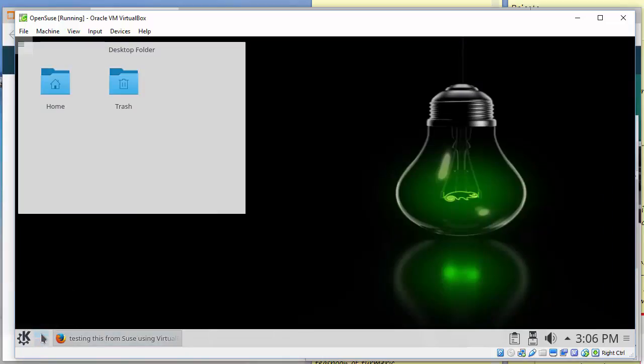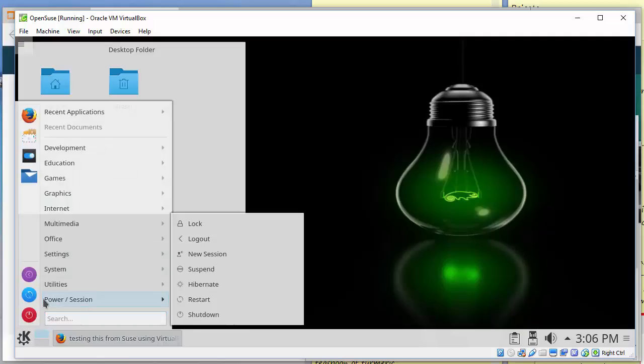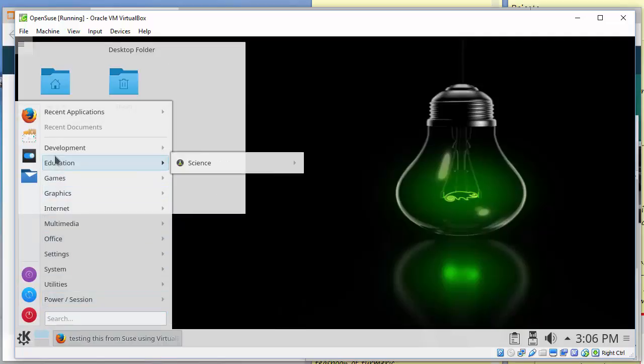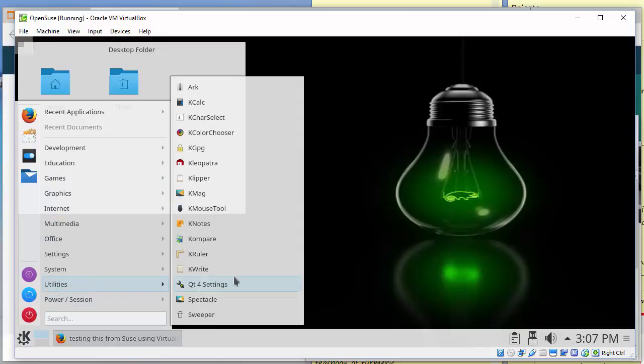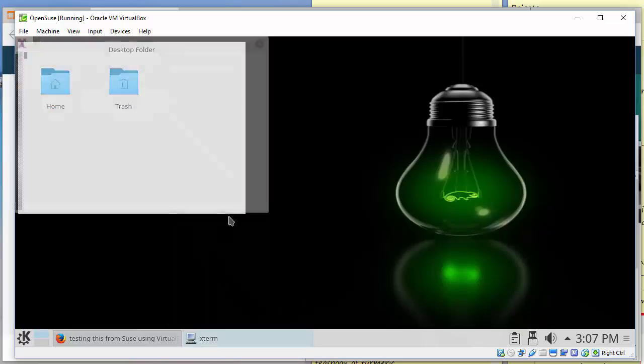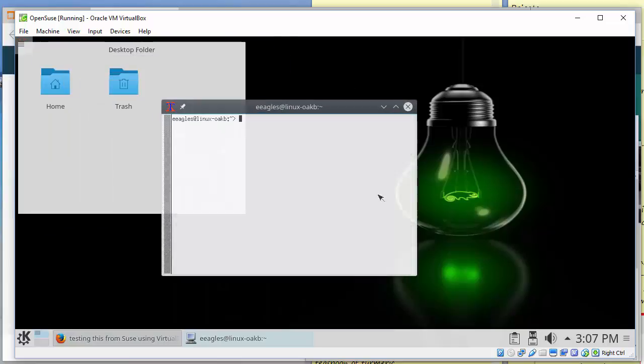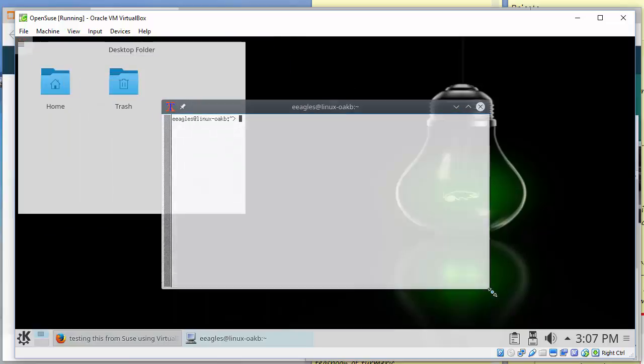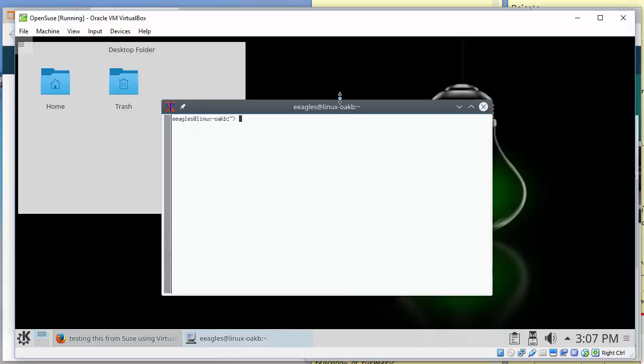So the next thing I'm going to do is look for the shell. I like the shell. It's called Xterm. So I've got to go and find that. There is one that you can use where it logs you in as super user, and there's also just an ordinary one for you as a user. If you don't choose the super user one, then certain things you might have to log in as the super user anyway. So you can either do su and enter the password, or sudo,